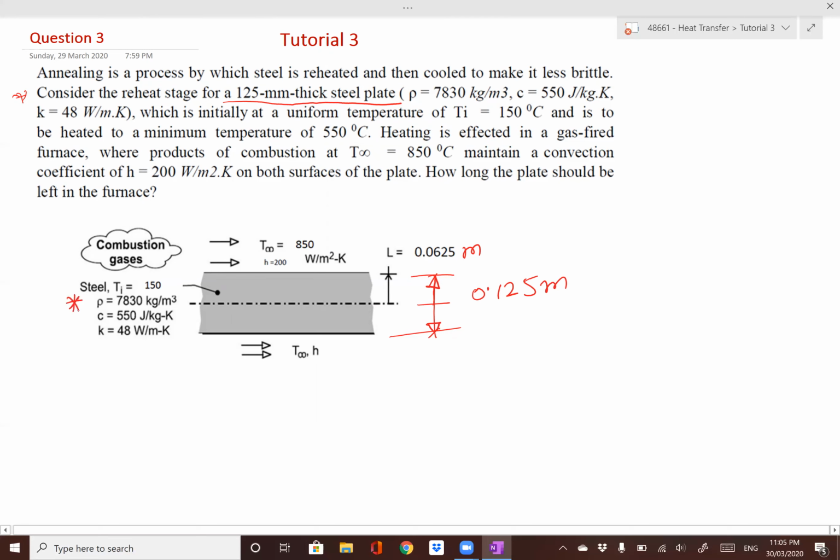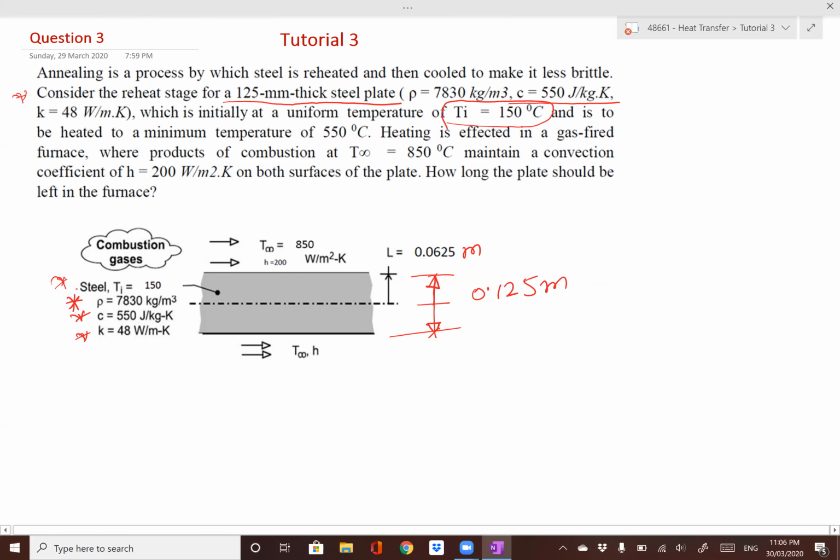So rho is given 7,830. Also C given 550. Thermal conductivity k given 48, and it is initially at a uniform temperature. So initial temperature for steel given 150 degrees Celsius,